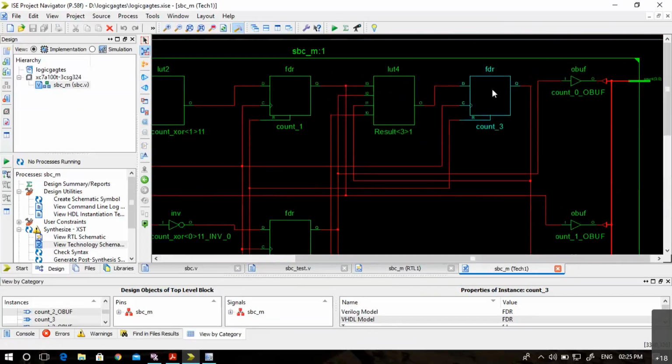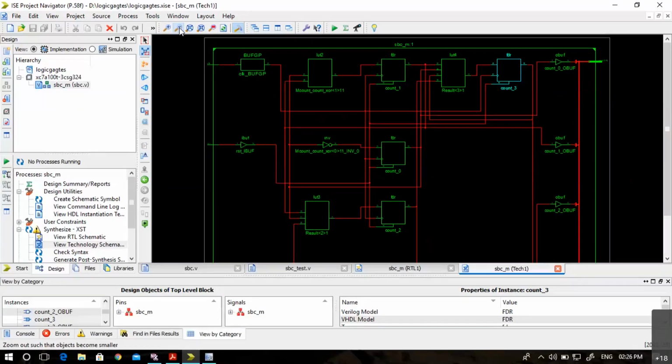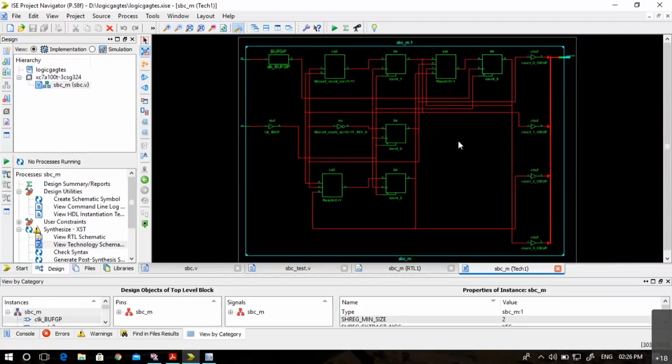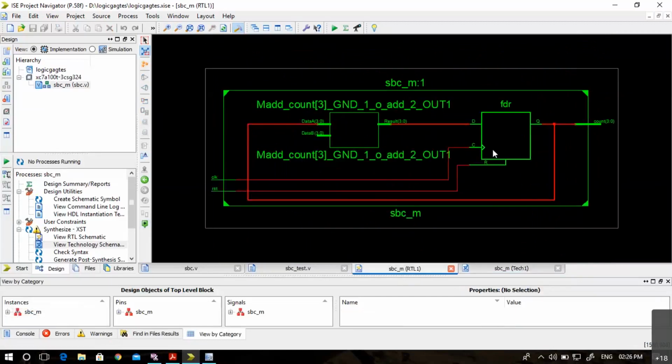Using 4 flip-flops for 4 bits, it is implementing a 4-bit counter. Each counter's output is used for the respective LUT for the counting logic itself. So this is the technology schematic. In the RTL schematic, this D flip-flop is there, but it is simply shown as a 4-bit bus.